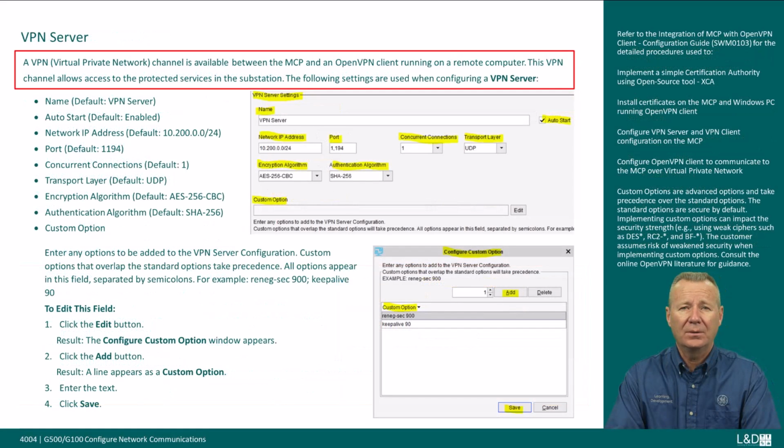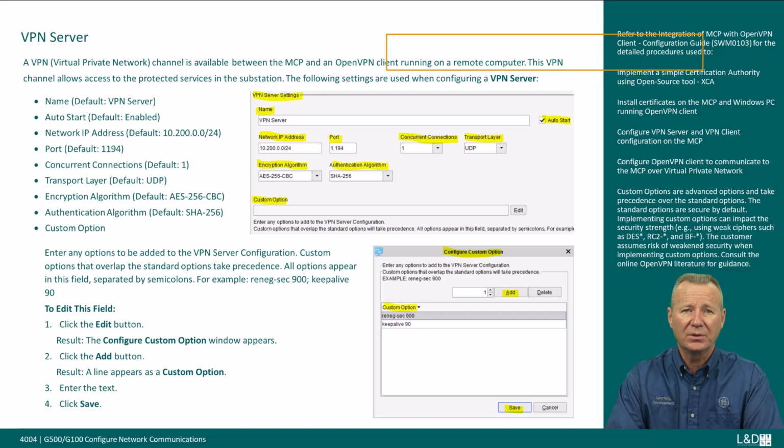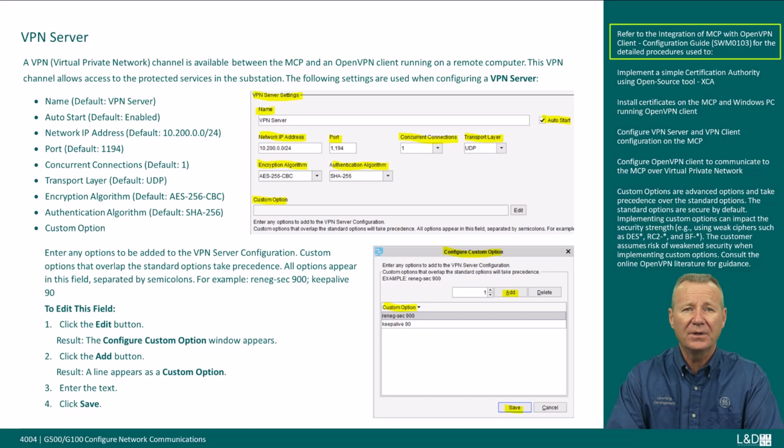A VPN, or virtual private network channel, is available between the MCP and the OpenVPN client running on a remote computer. The VPN channel allows access to one or more protected services in the substation. The VPN channel is implemented using OpenVPN, which uses a custom protocol based on SSL, TLS, and certificate-based mutual authentication. Refer to the Integration of MCP with OpenVPN Client Configuration Guide